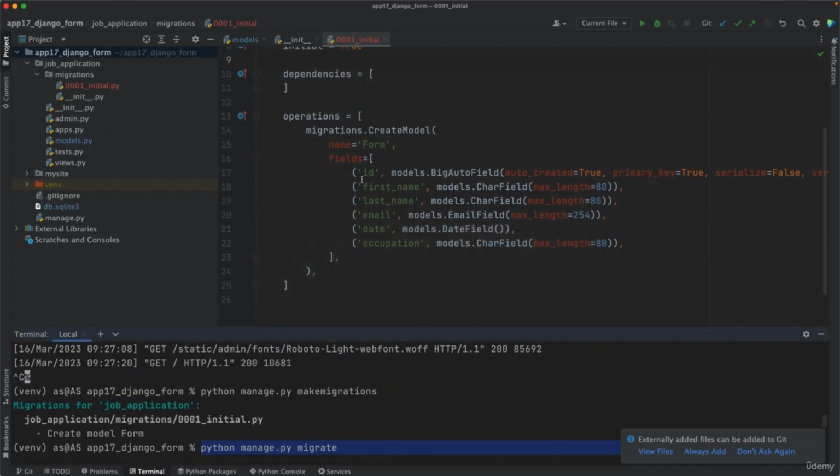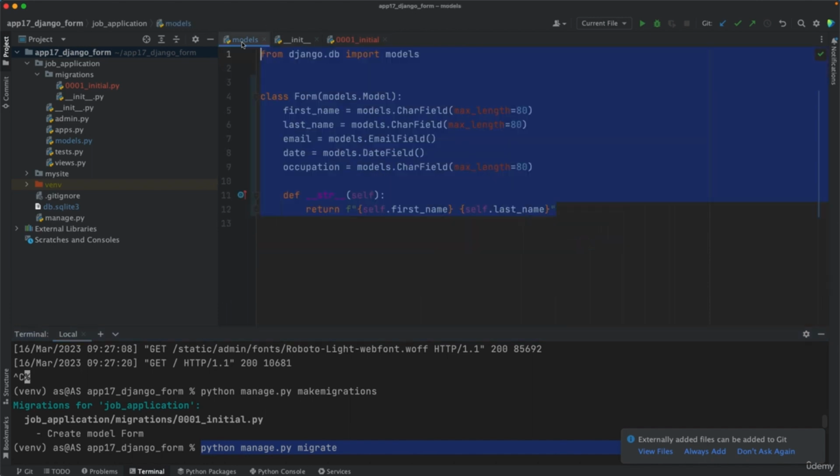So one last thing is that if at a future point you want to add another field to this table, I don't recommend you do that now. So please don't do it now because you still don't have the proper skills to make such changes. But if later on you want to add a new field to your database table, for example, you could add